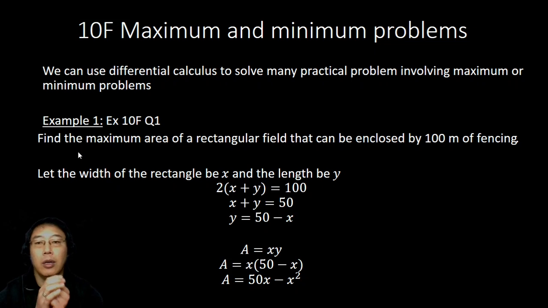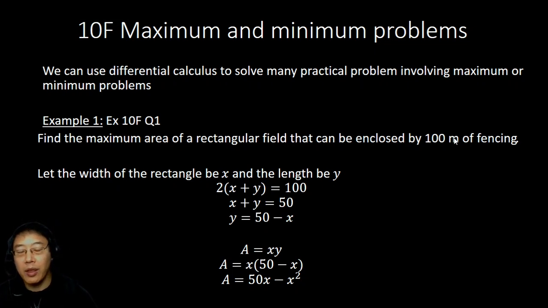Alright, so with this situation, it's a geometrical shape. Find the maximum area of a rectangular field that can be enclosed by 100 meters of fencing. Again, I advise you to do a little bit of a diagram. You have the width and the length. Because of the 100-meter fencing, we can